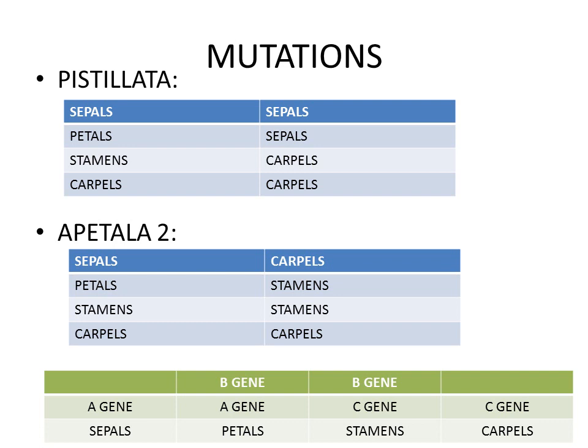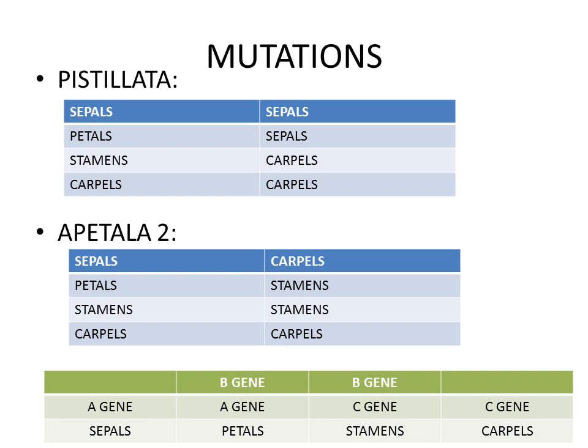In the second part, which was supposed to give rise to petals with the combined action of A and B, here it will give rise to sepals again because B is not present. In the third part, where B and C form stamens, again B is absent, so only C is present, and it will give rise to carpels. And last is the C gene, which again gives rise to carpels. So this is the mutation of pistillata.